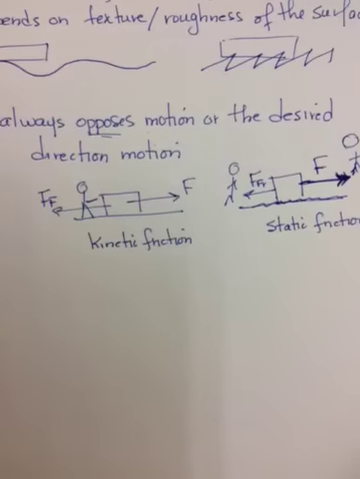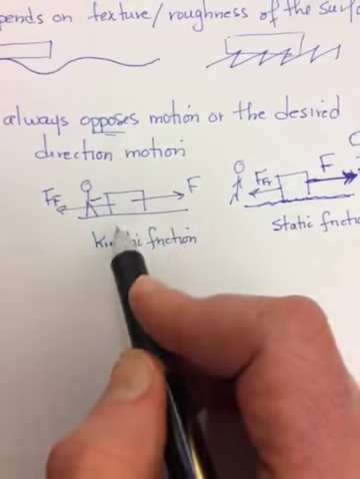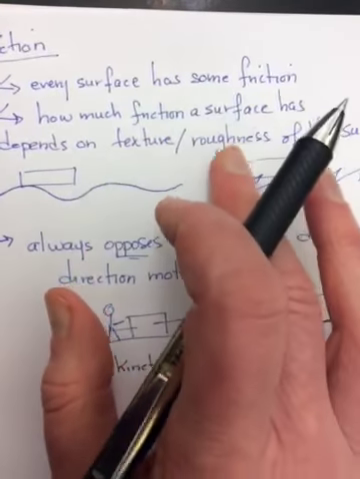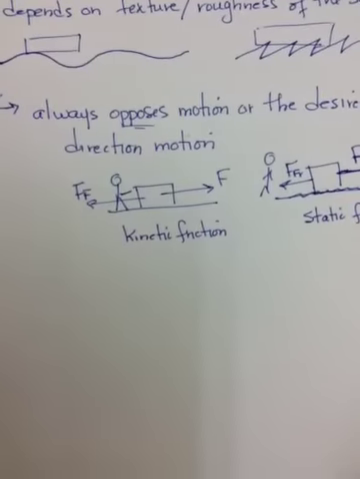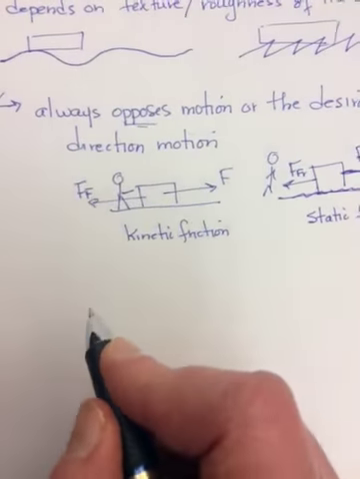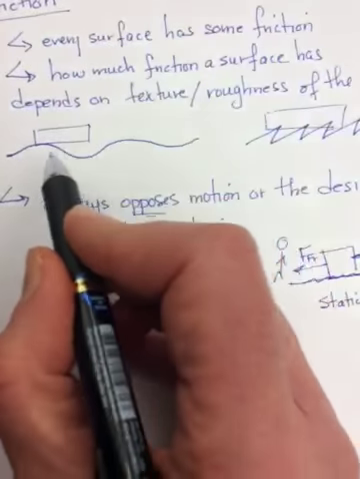So what else is friction dependent on? It's dependent upon the roughness and the smoothness of the surface, like we said up here. How much friction a surface has depends on the texture. The other thing it depends upon is how closely these surfaces are pushed together,